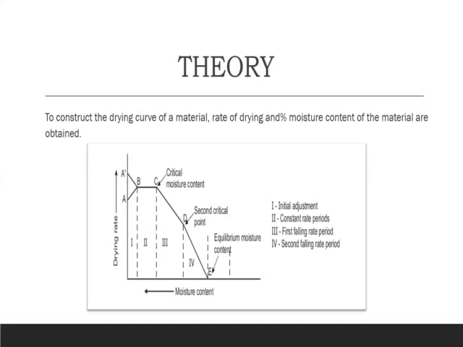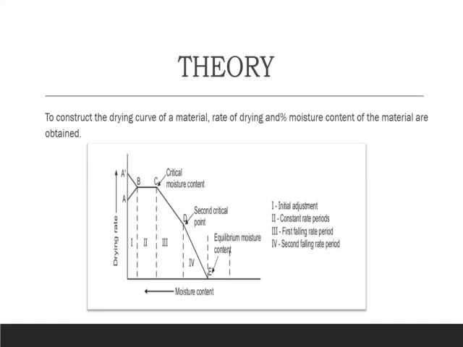and the drying rate will steadily fall down. So after the number of dry spots and their area increase, the rate of drying falls down. Point D will be the second critical point; point C is the first critical point and D is the second. At this point, the surface film of water is completely evaporated.